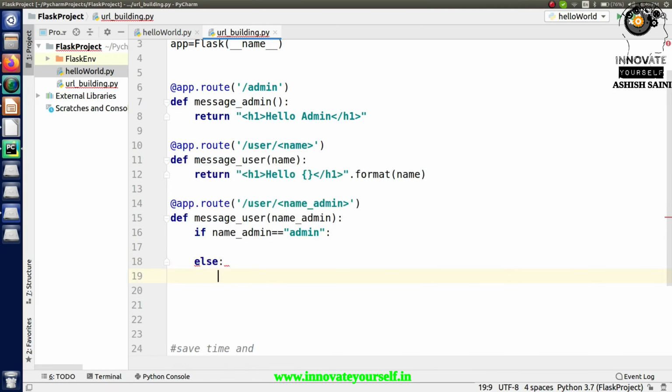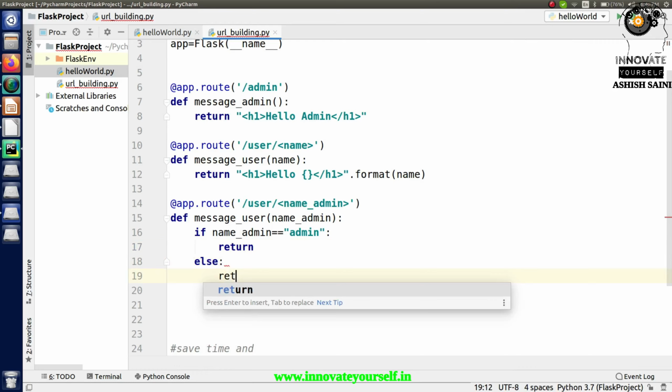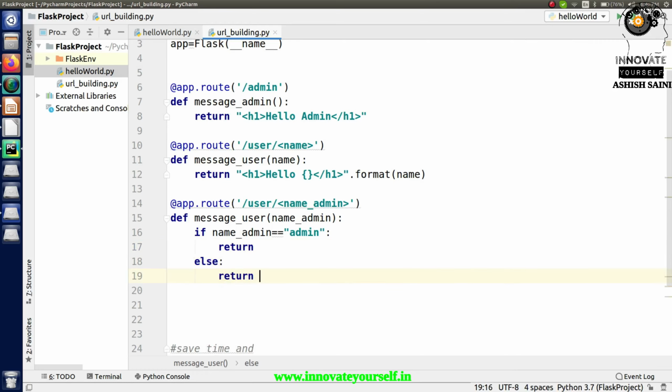In both the cases I have to return some value, but this time I'm not directly returning any value like this. Instead I have to return the value in the form of the actions which I'm having here. So if in case I say admin, then it should call this one. If I say some username, then it should call this one. So this is how exactly I have to do it. But how do I do this? Because I cannot directly write it, right?